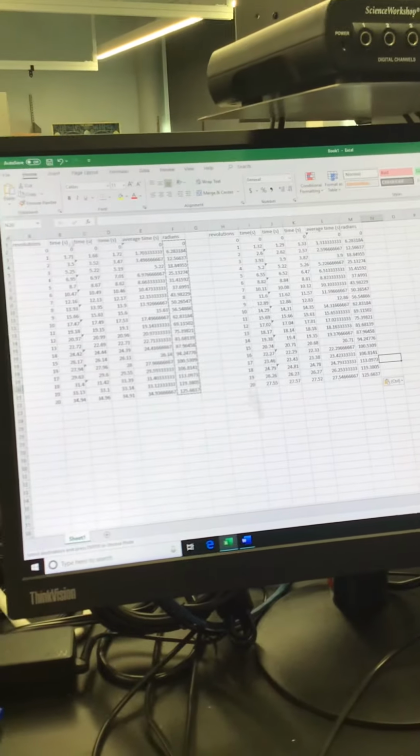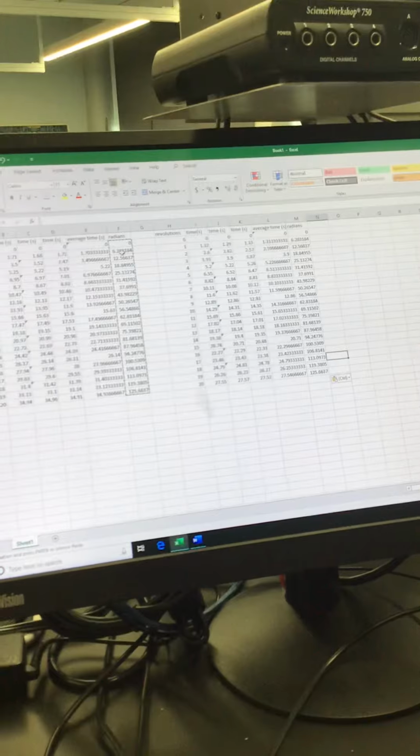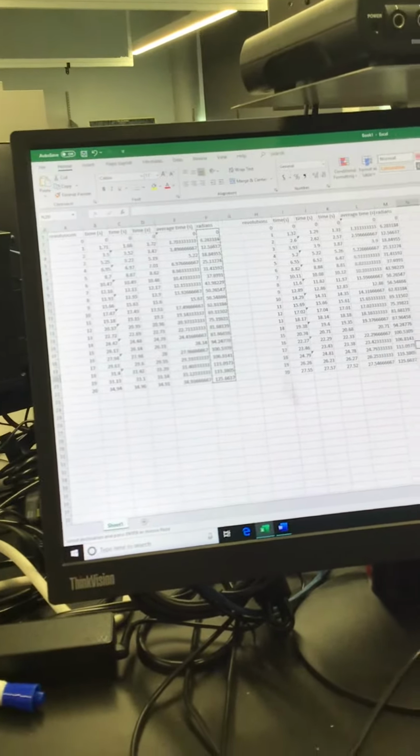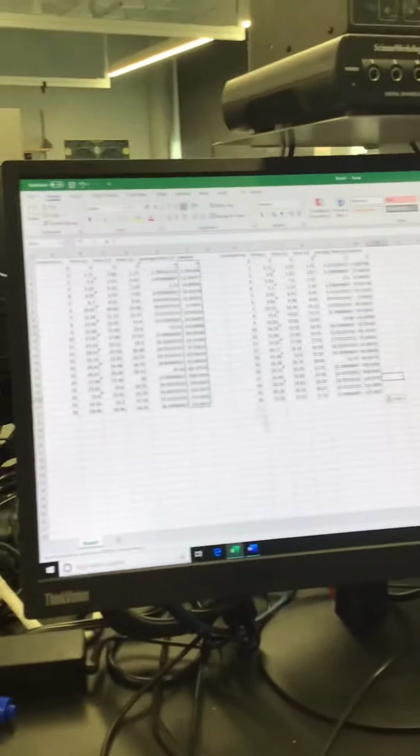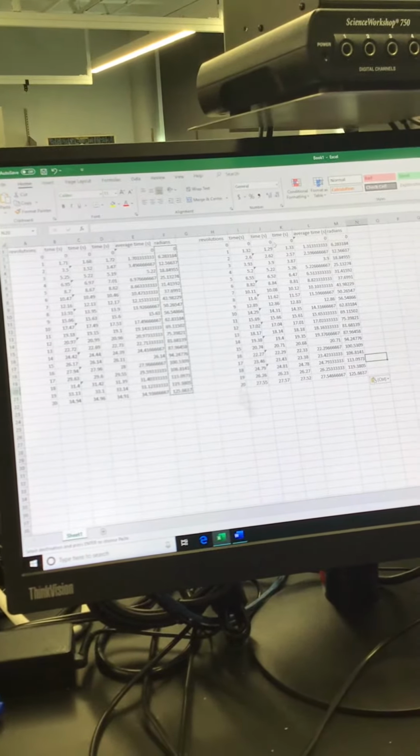I've taken the number of revolutions, and each time around the circle is 2 pi, so one time around the circle times 2 pi is 6.28, and so on and so forth. This is what I want to actually graph, and I did that for the first set of data that I took. I did that for the second set of data that I took here,